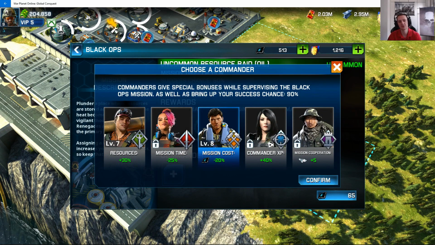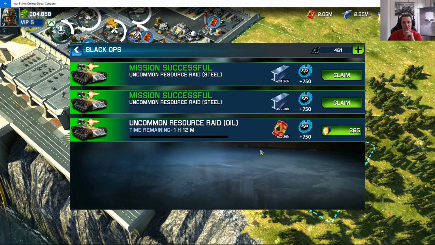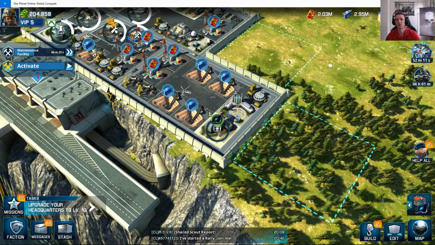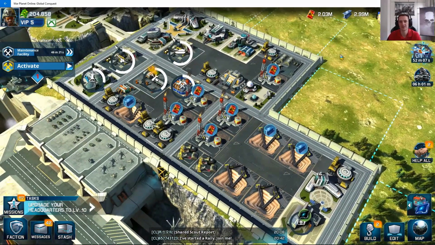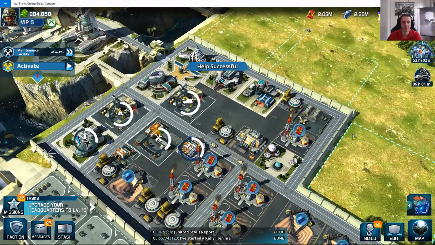Sometimes they allow you to use your commander here. So I'm just taking this, confirm. So this is really nice. I don't understand, sometimes I can't use them. I don't know if they have to have a full energy or not. Resources, you can see, don't worry about it, because there are plenty of them. Helping your